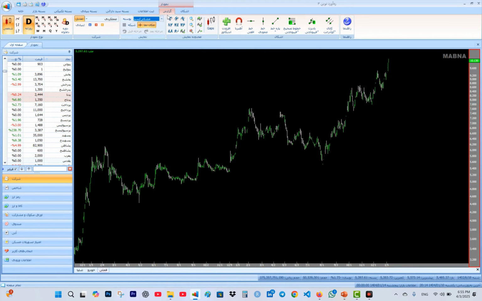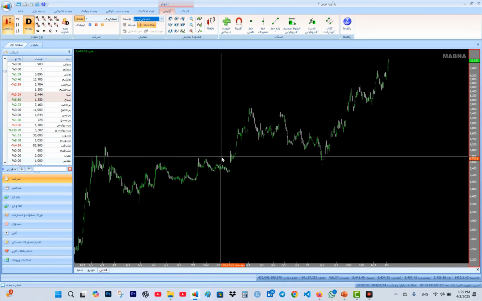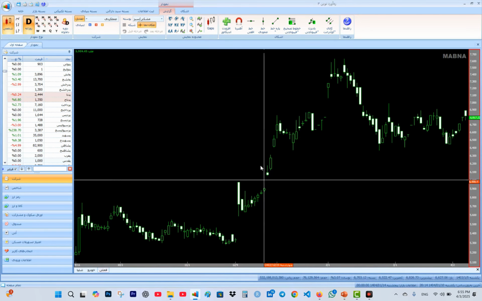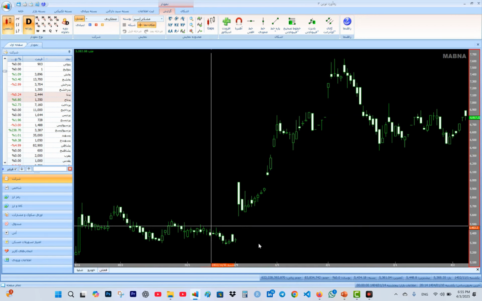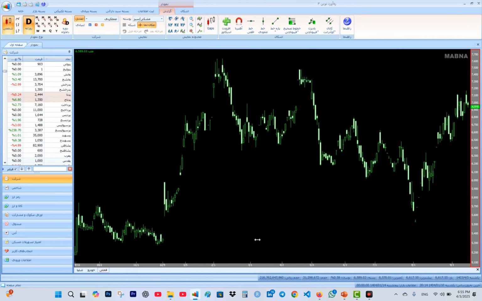you can change it. The next item is the chart's time frame. Look, dear ones, the chart's time frame should never be confused with the chart's time frame. The chart's time frame actually shows in which interval each of these candlesticks is placed. But the time frame of the chart comes, and that interval shows the time frame related to the stock's price